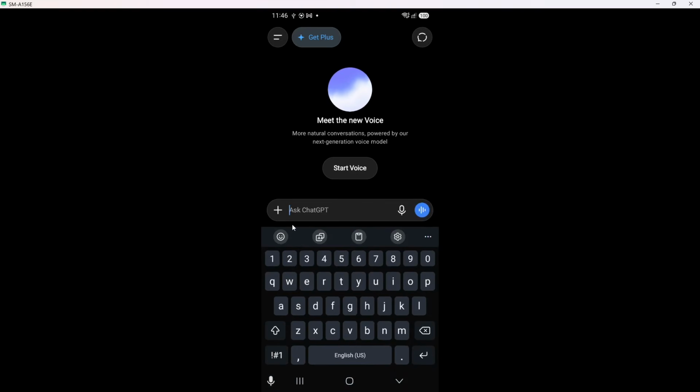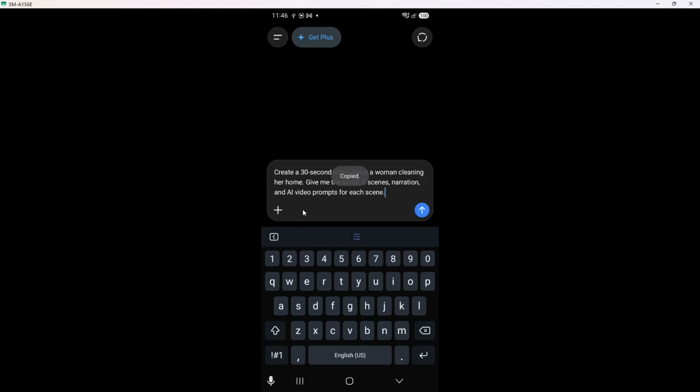Now type what you want to create. In the message box, describe in plain language the kind of video you have in mind. You can write something short like, "I want to make a short tutorial video," or you can write a longer paragraph. If you are unsure, one helpful trick is to imagine you are explaining your idea to a friend and just type that. After that, describe the topic, style, length, and scenes.